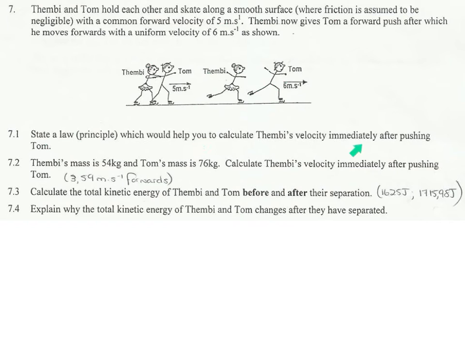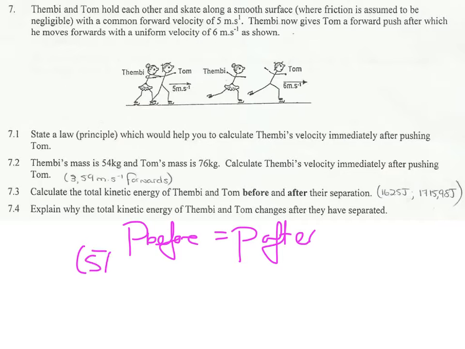But first we have to state the law that would help you calculate Tembi's velocity, and it is the law of conservation of momentum. What does it tell me? It tells me that momentum before is equal to momentum after. We have got their combined masses before, which is fairly unusual but not difficult for you to deal with. They have a combined velocity, and you have got 54 times some or other velocity of Tembi's, v, and that's